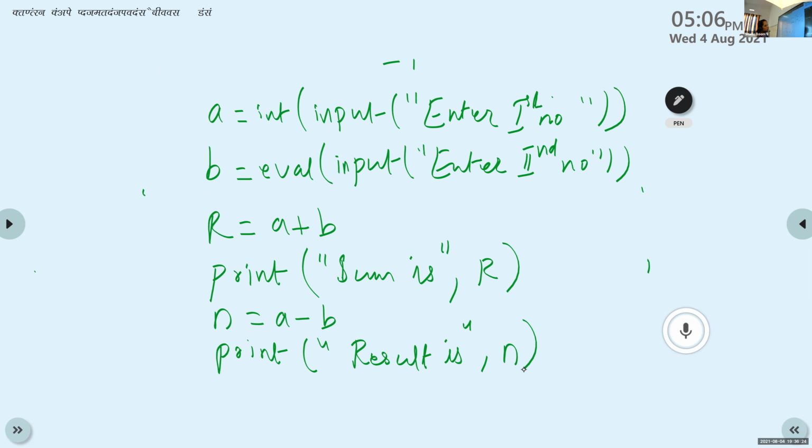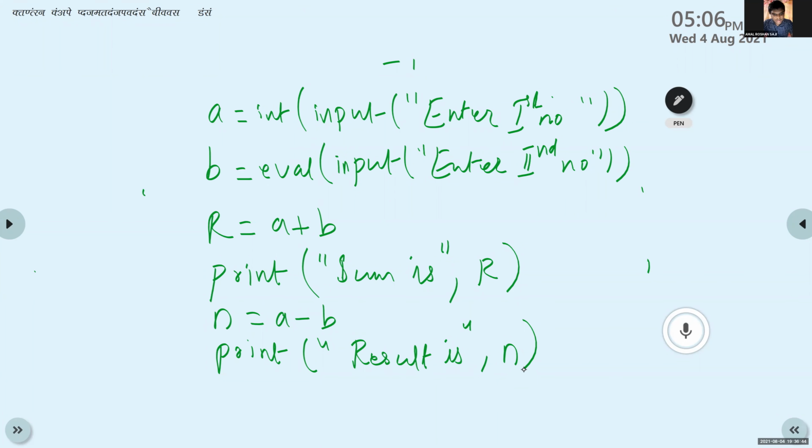Amal, read the next statement. After subtraction, the equation is multiplication. Try, Amal.